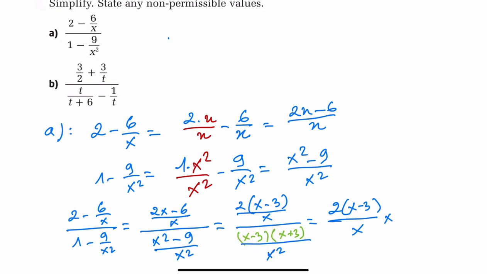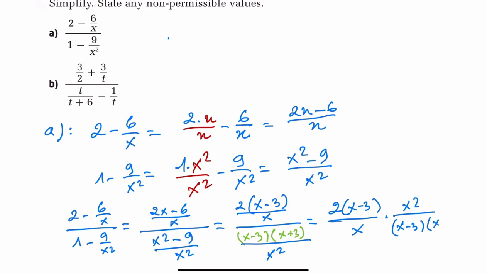So if you have a division, something over something divided by something over something, you keep this one and you change this to a multiplication. This will go to the top and this will go to the bottom. So which is times, let me write this as a dot, times x squared divided by x minus 3 times